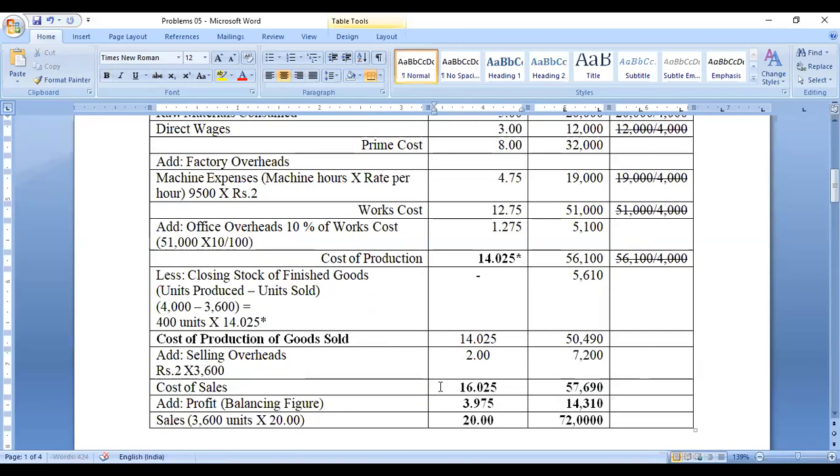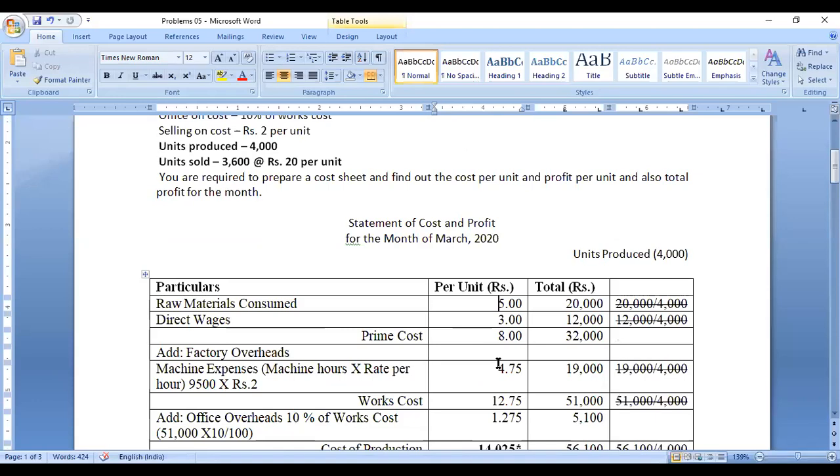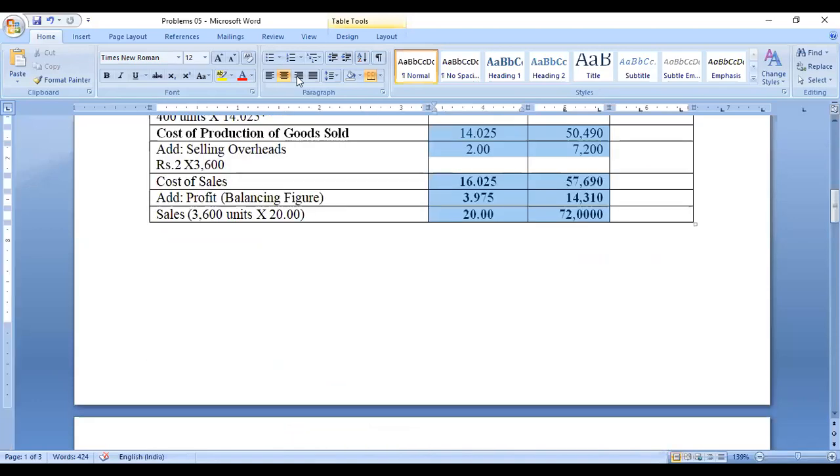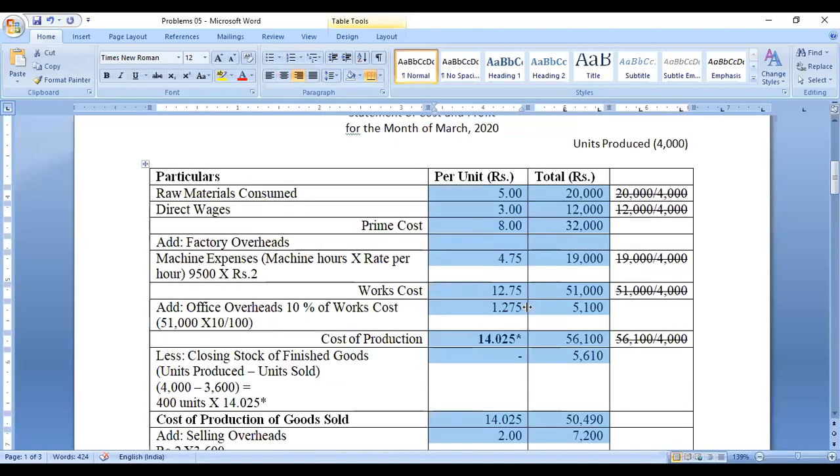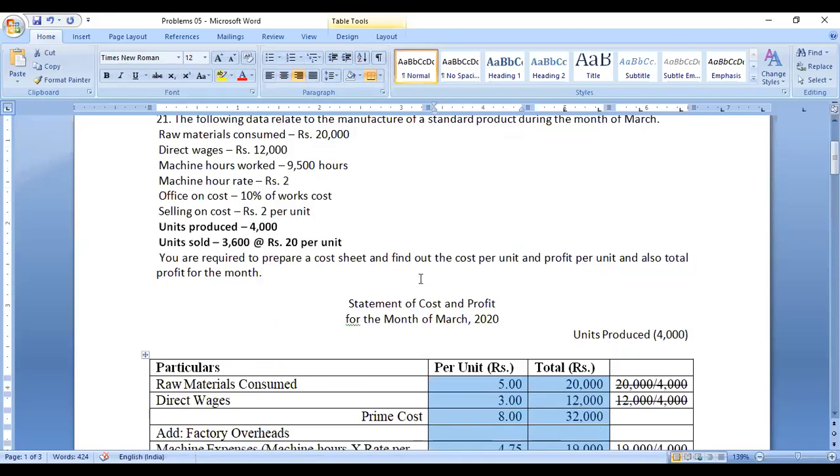So this is a cost sheet format only. On the basis of the cost sheet format only, we work out this problem. And the cost sheet format I already gave in the first class itself. I will share that format also, that's not a problem. I will give it to you one more time. So this is our answer. Now we can move on to the question.